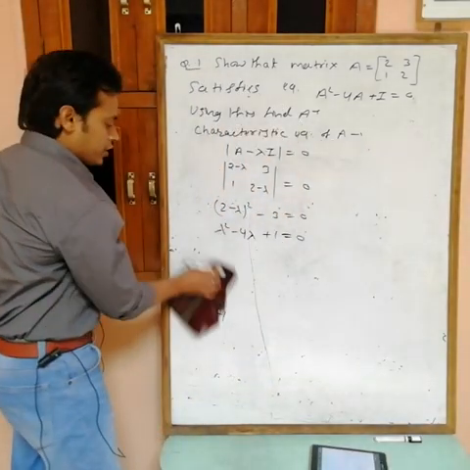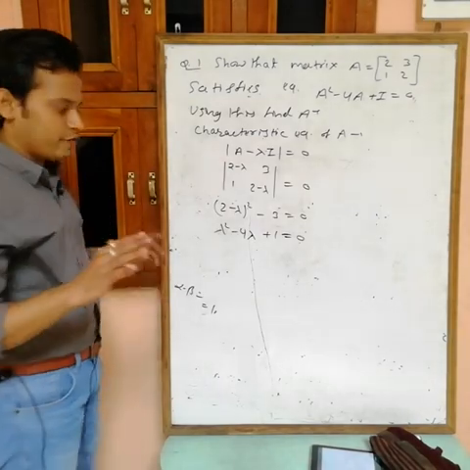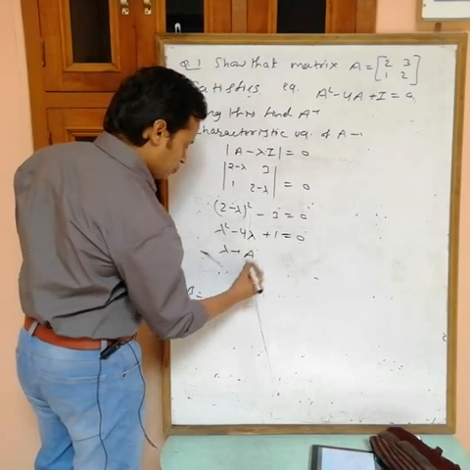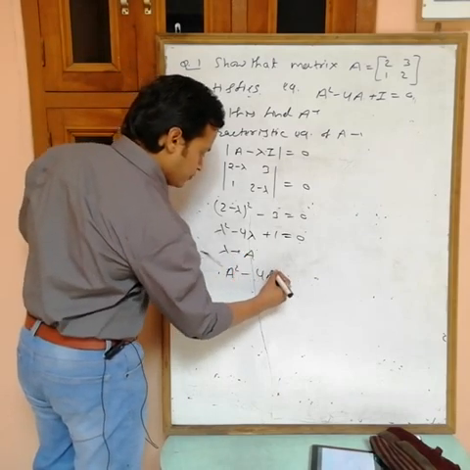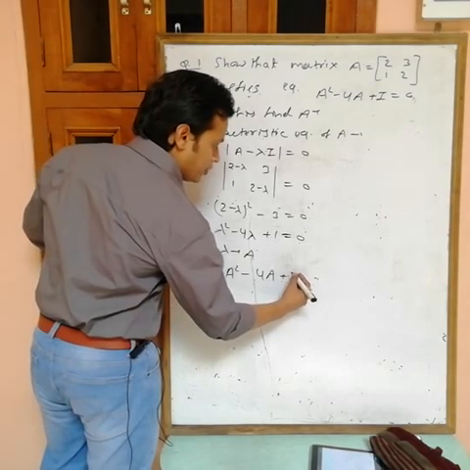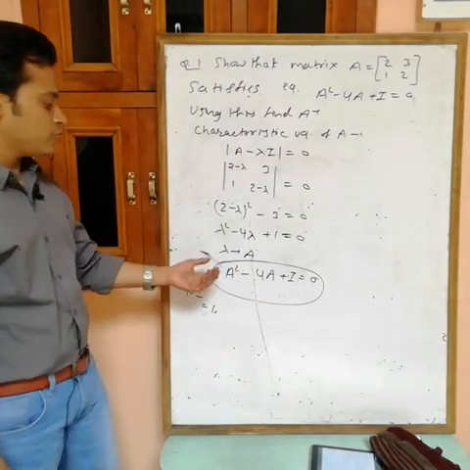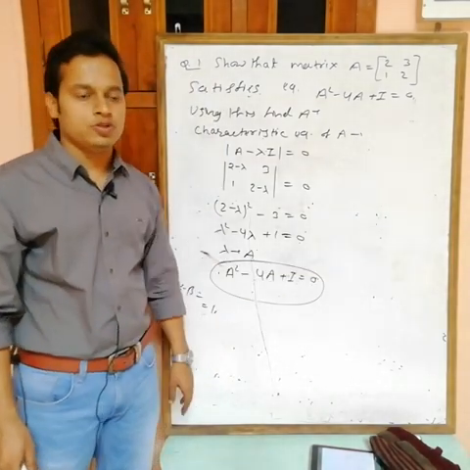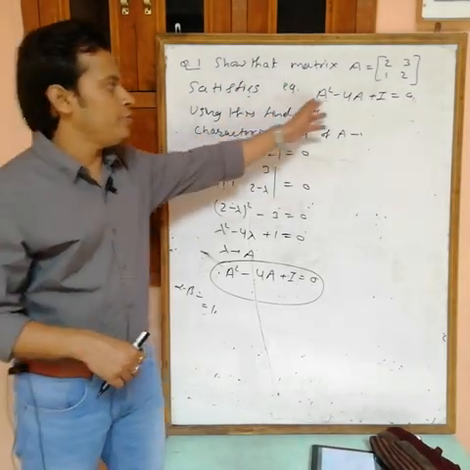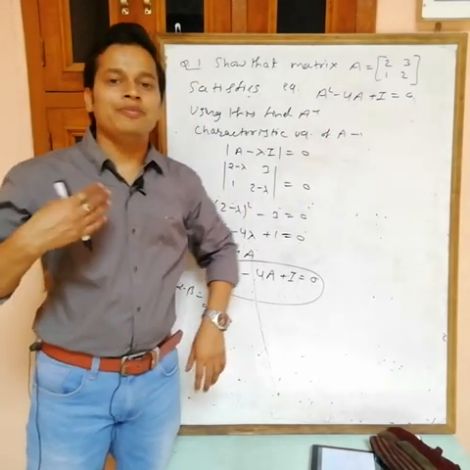This is the characteristic equation. Now every matrix always satisfies its characteristic equation, so replace lambda with A. Then what are we getting? A square minus 4A, and now you can't write 1 alone; in place of 1 we have to write 1 into I. So A square minus 4A plus I equals 0. Hence proved. Also you have the alternate way: first find A square and put the values. You will get that this minus this plus this becomes the null matrix.